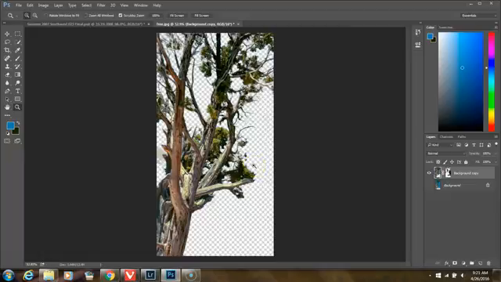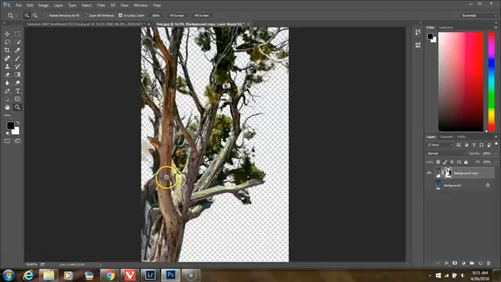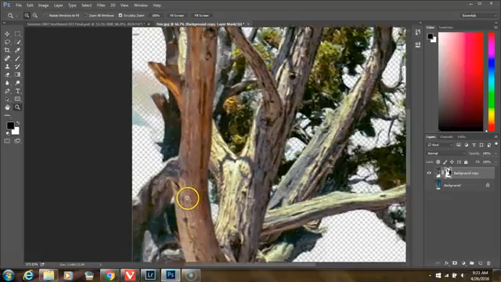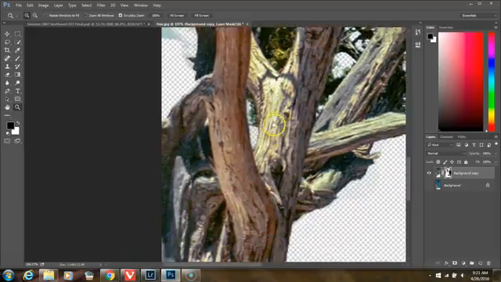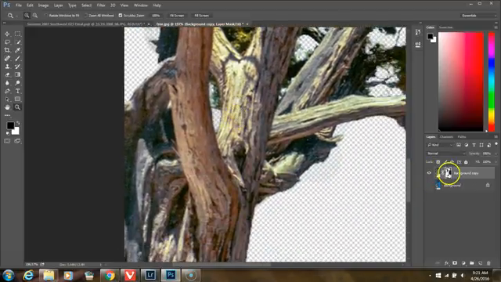And one more thing in here. Since we now have this nice mask over here, a mask is a grayscale image. It's just an image that's being laid over what you've got. If there are areas that you want to modify, remember I took out a piece of this and I took out a piece of that. So let's just go in here and kind of get in close. And now I'll go over here to the mask. And I'll use my paintbrush,